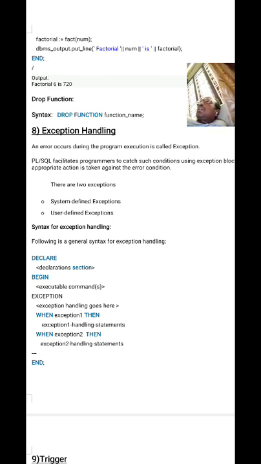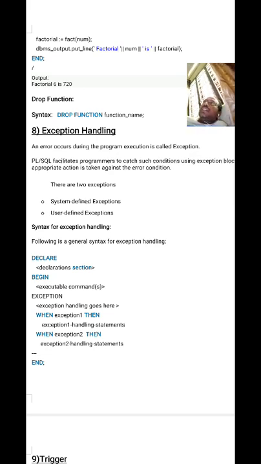If you have any error in the middle of the program, and the program above is right, the program below is right, but one line is wrong, because of that one line, the entire program will not be executed. But if you handle that error, the remaining code, if you want to execute, you can execute. Catching the error if it occurs in the program is known as exception handling, right?